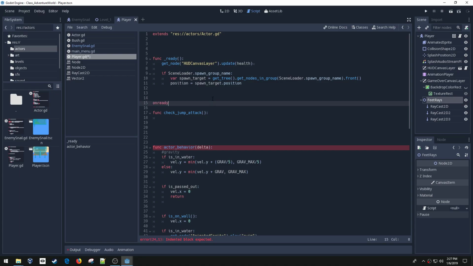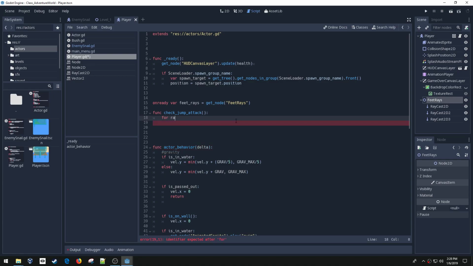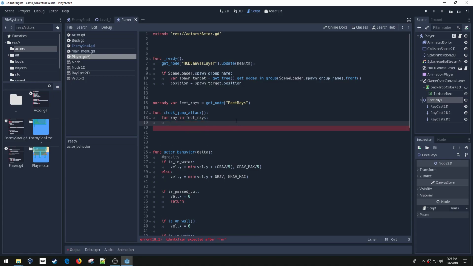So on ready var, let's call it feet raise equals get node feet raise. Alright, so that will get that node, get this node and stick it in this variable. So here I'm going to use a loop. So I'm going to go for, and I need an indexer, so I'm just going to call this ray in feet raise. Capitalization needs to stay the same. So this will go through,